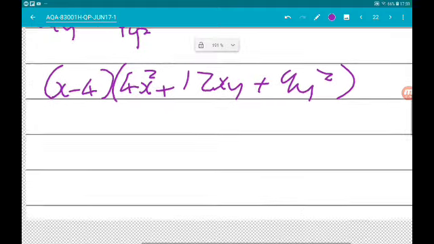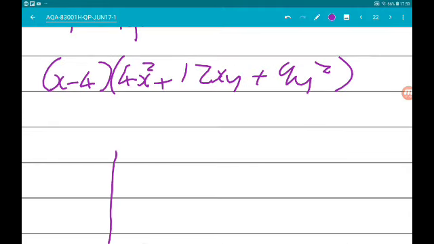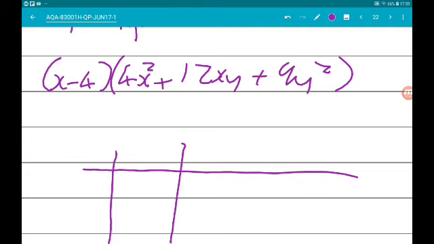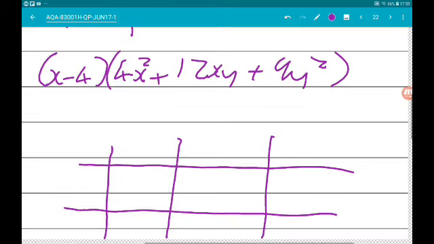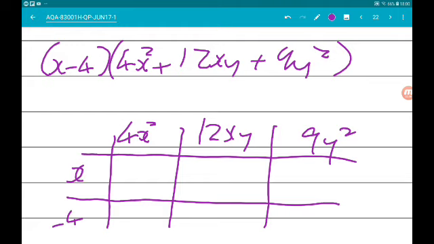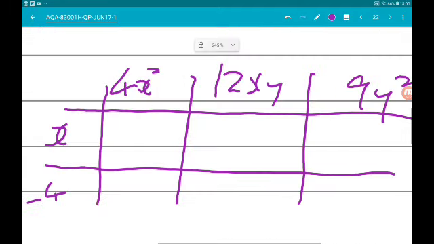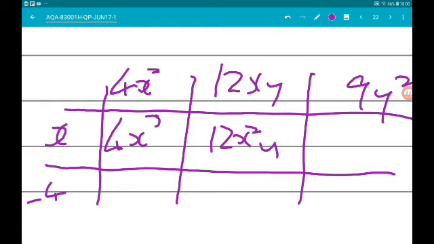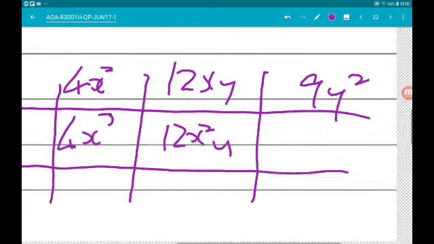Again, a table might be a good idea. So across the top, we're going to put 4x squared, 12xy, and 9y squared. Down the side, x and minus 4. So x times 4x squared is 4x cubed. x times 12xy is 12x squared y. And x times 9y squared is